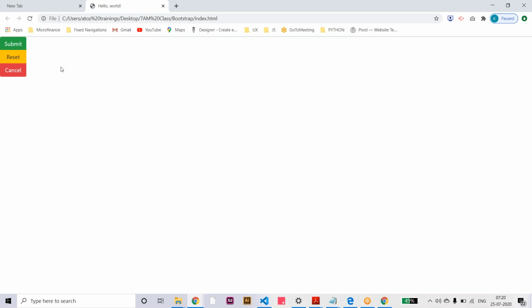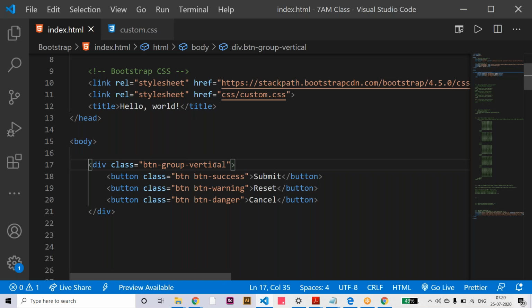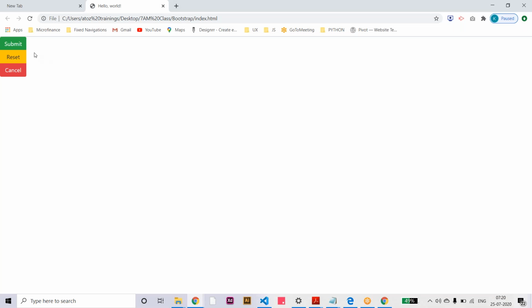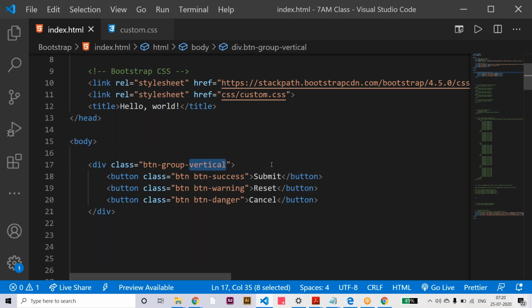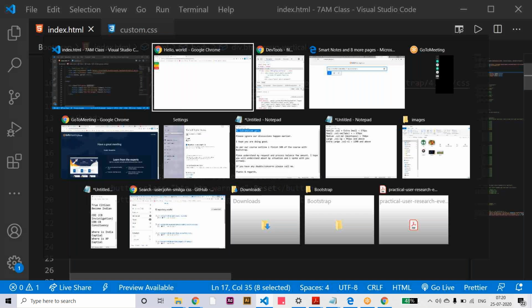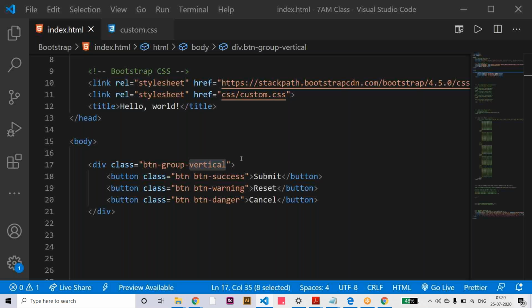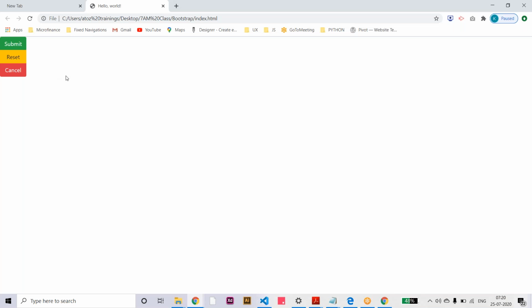If you have more space, sufficient space, you can apply only button group for placing side by side. For placing one below one, you can just say button group vertical. So like this you can use it, horizontal by default, or display one below the other, right?